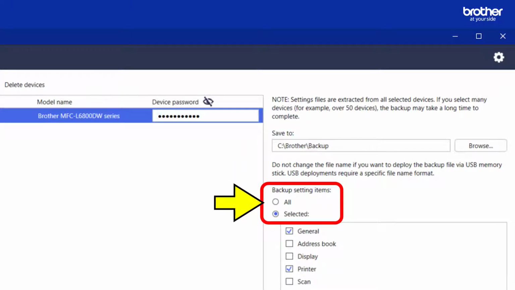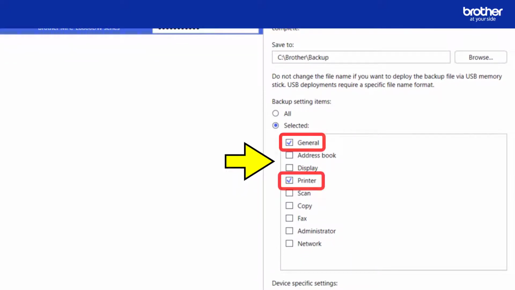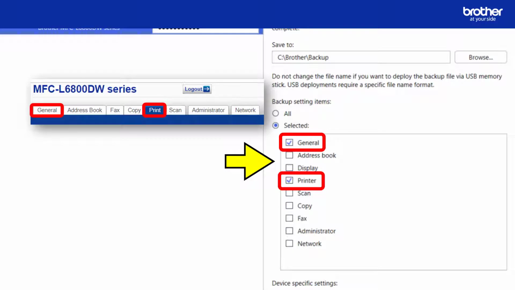Since I only made changes to a few settings, I did not need a full device backup. Instead, I selected the sections that contained the ones I did want, which existed within the General and Printer sections. Incidentally, these were also the same and similar names used by my device's web server.